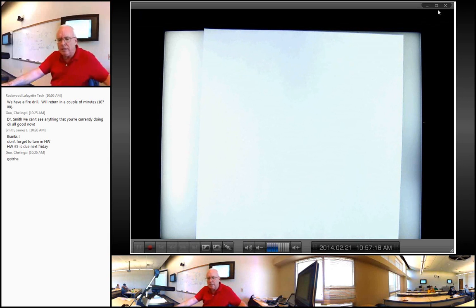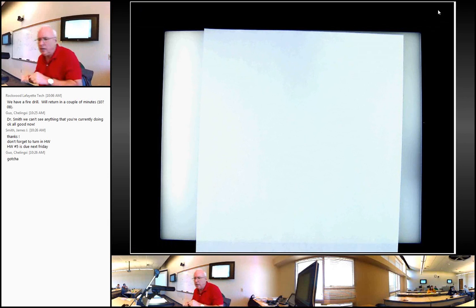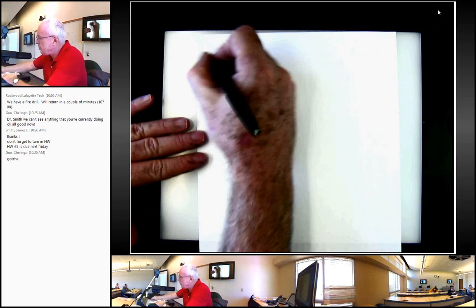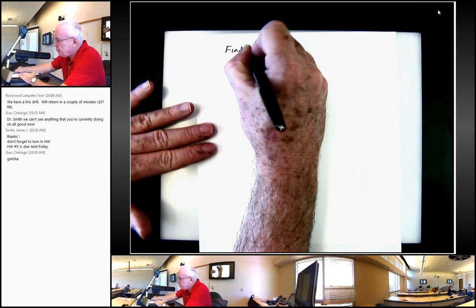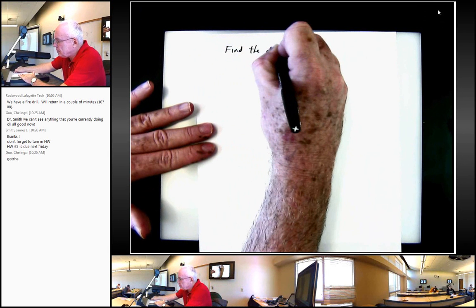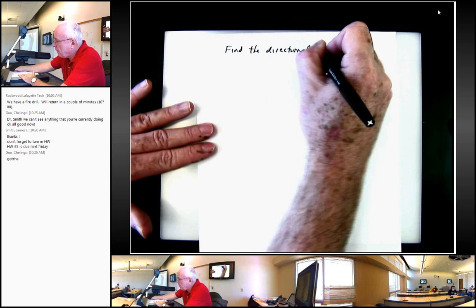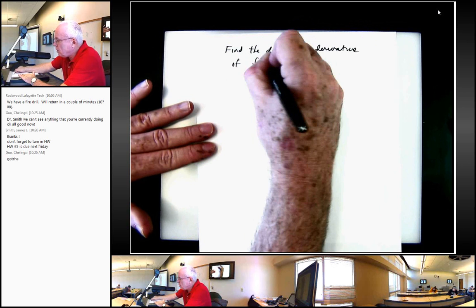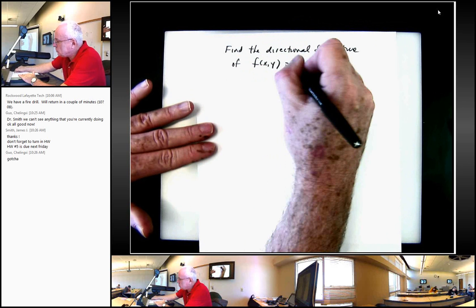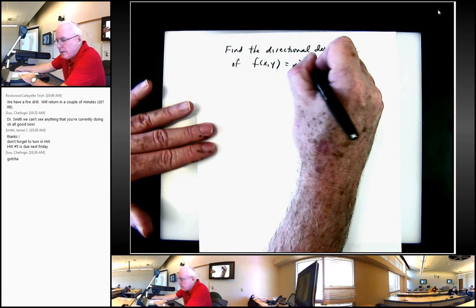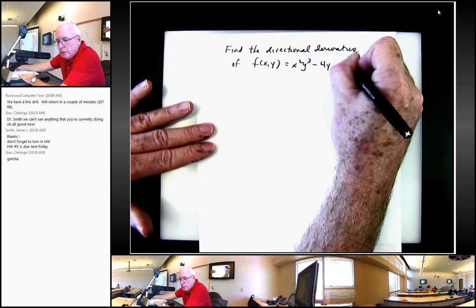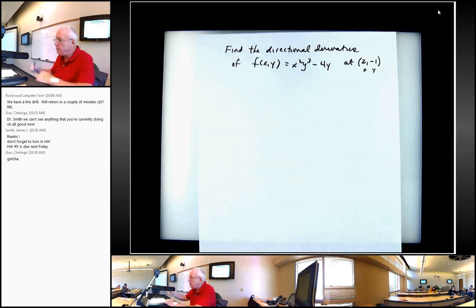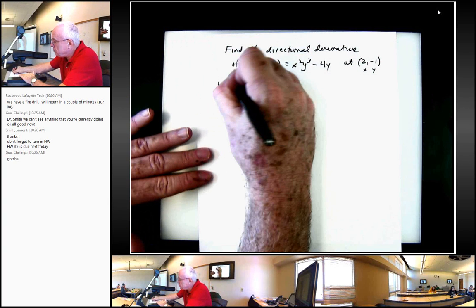All right. Let's look at this example here. And here it's just finding a directional derivative in a certain direction. So find the directional derivative of f(x, y) equaling x squared y to the third minus 4y. And we're told an xy point, (2, -1). So that's our x and that's our y value. But we need a direction, of course, in the direction of